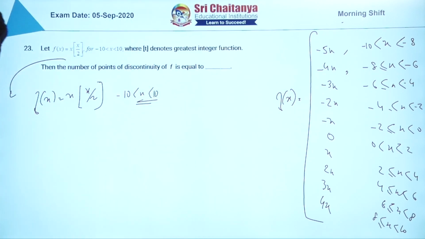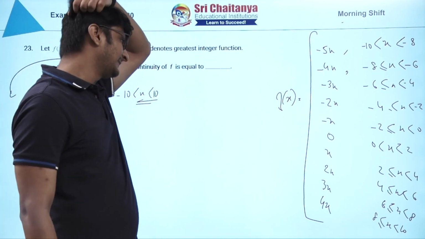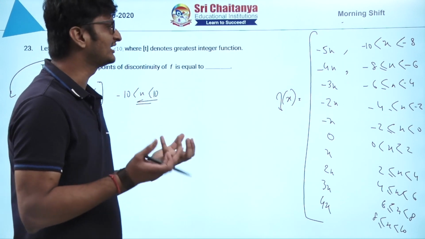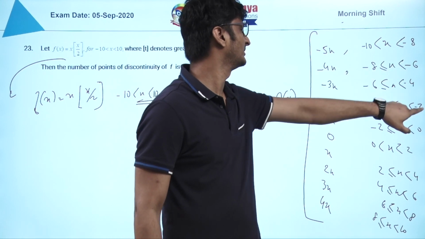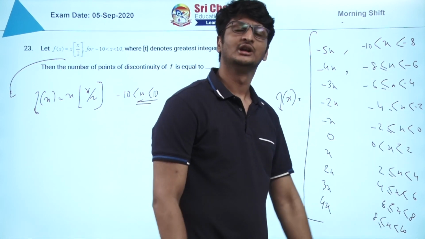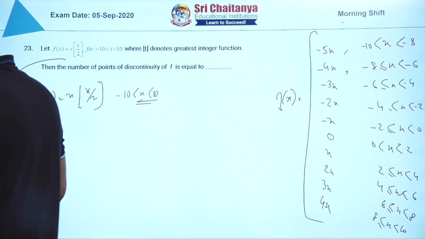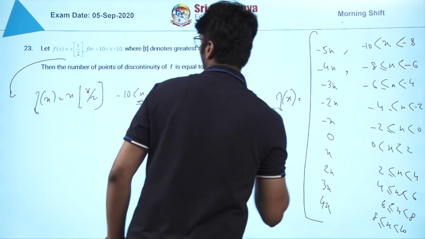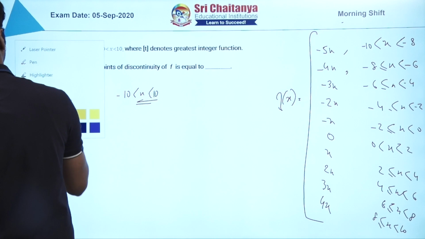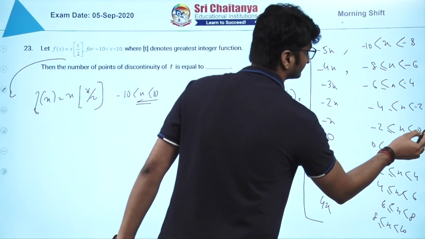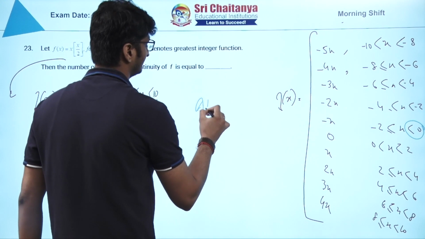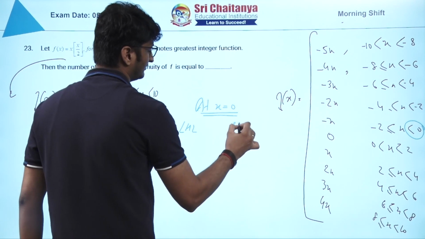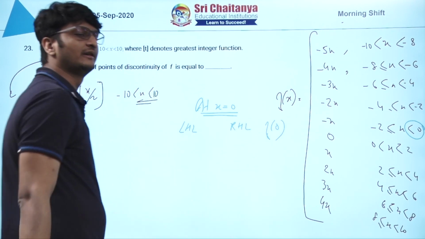Next, so see at what points, at all these points the function seems to be discontinuous. If you apply LHL, what are the doubt points? The doubt points are -8, -6, -4, -2, 0, 2, 4, 6, 8, -10. If you check LHL, RHL and value of the function, you will get that the function is discontinuous. But at one point, if you see at x equal to 0, LHL, RHL, f of 0, I am trying to find all the three values.